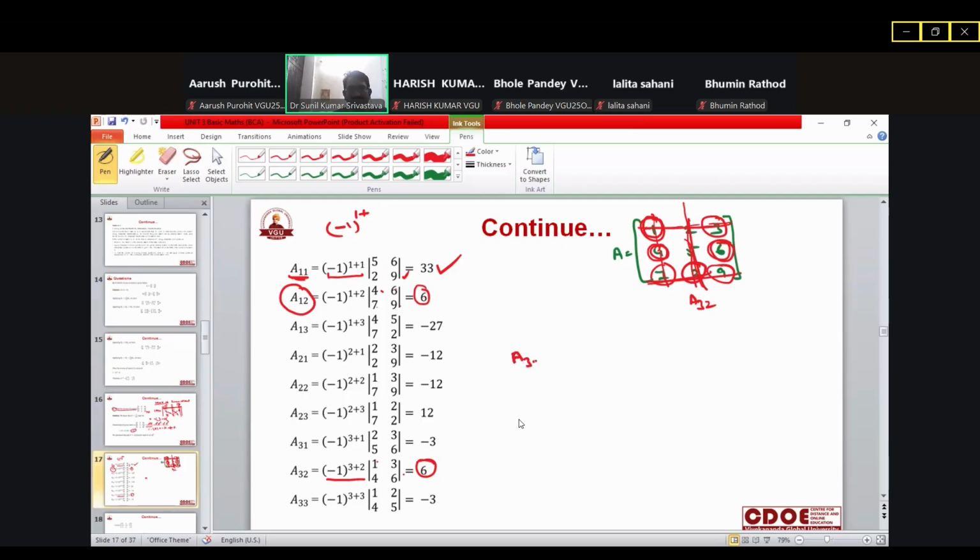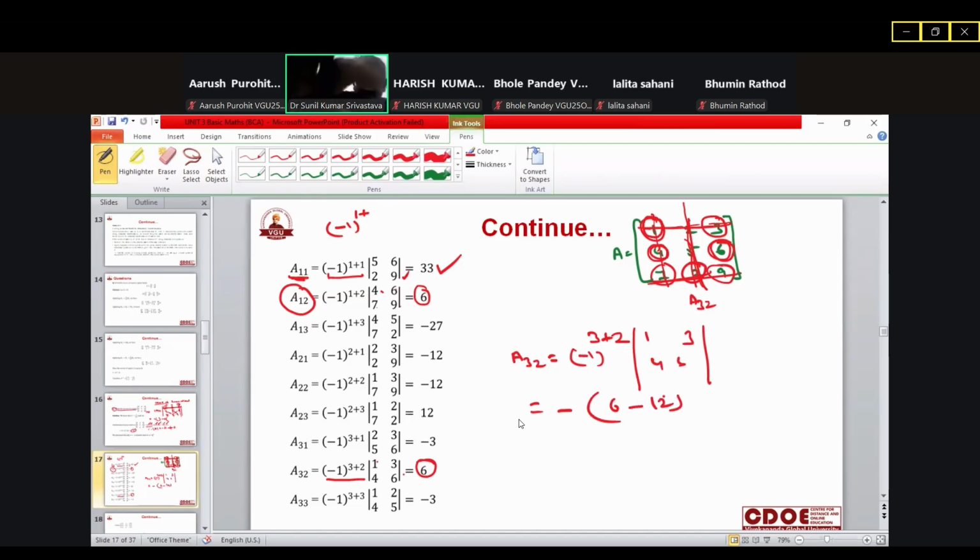तो हम किसी भी की वैल्यू को निकालना चाहें, कोफैक्टर A32 अगर हम करना चाह रहे हैं, तो हमें सेम सीक्वेंस में ऐसे ही जाना है। minus 1 raised to power of, किस रो में लाई करता है, किस कॉलम में लाई करता है। तो यहाँ पे ये थर्ड रो में लाई कर रहा था, ये थर्ड होगा 3, और कॉलम था हमारा सेकंड, तो minus 1 raised to power of 5 हो गया। फिर कौन सा एलिमेंट बच रहा है, तो 1, 3, 4, 6 बच रहा है। और इसी को हमें सॉल्व करना है, तो ये हो गया minus sign of 6 into 1, 6 minus 4 into 3 हो गया 12।